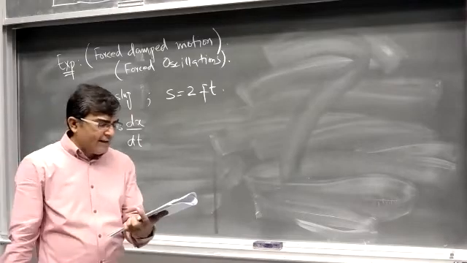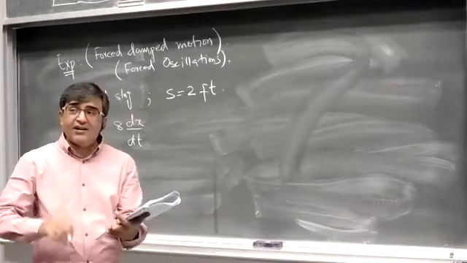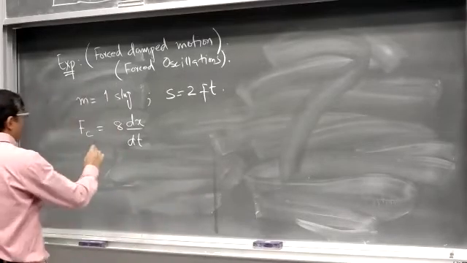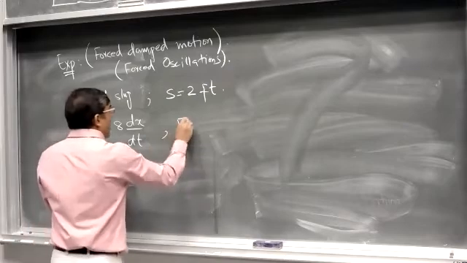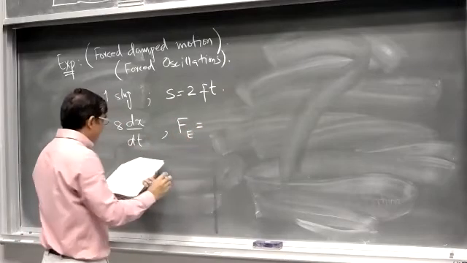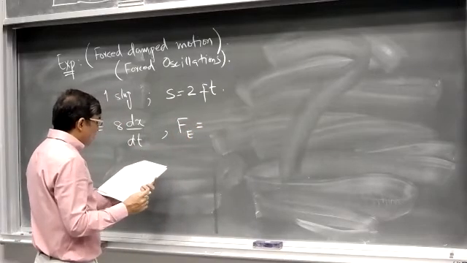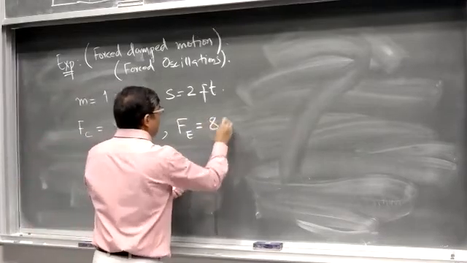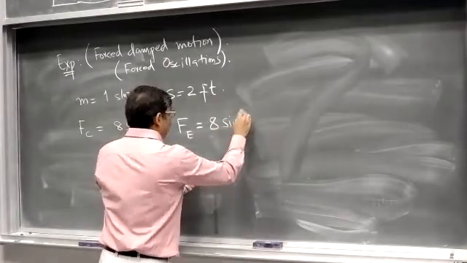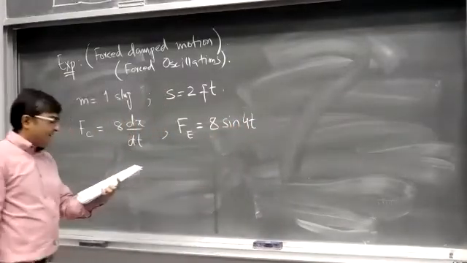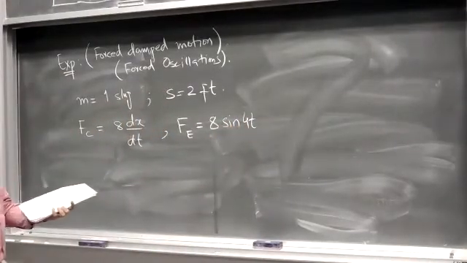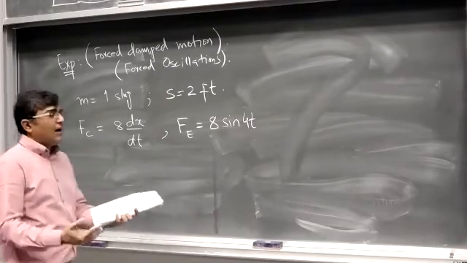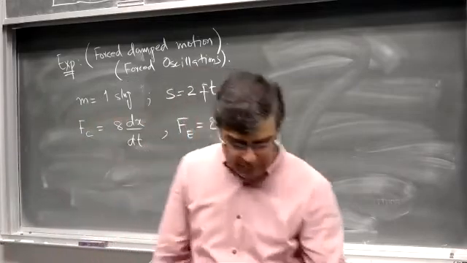Now, next, find the equation of motion if an external force Fe is applied on the whole system, which is equal to 8 sine 4t. This external force is applied to the system beginning at t equal to 0. Now we have to construct a differential equation